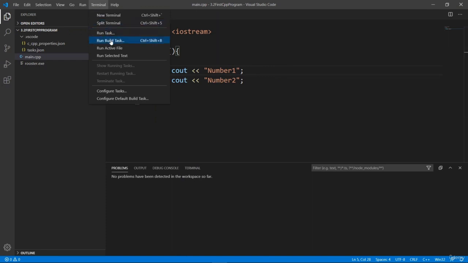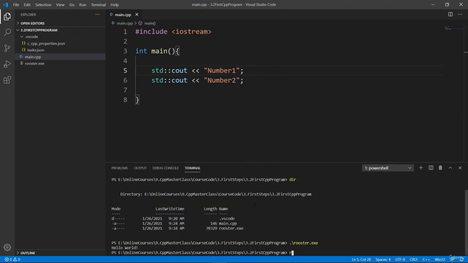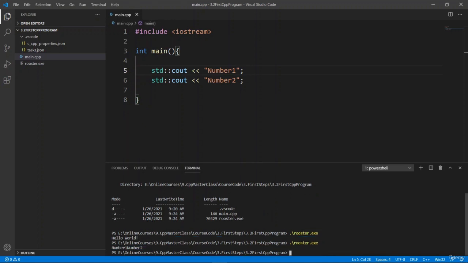Let's build this program. If you want to build the default task, you can hit Ctrl-Shift-B for it to happen very fast, but I am always going to come here so that it is really clear what I am doing. Our program should be generated now. If we try to run it by typing rooster.exe, and again we can hit the up arrow button on our keyboard so that the last command that we run from this terminal runs, and this is going to speed things up a little bit. So if we run this program, it should say number1 and number2 as you see here,